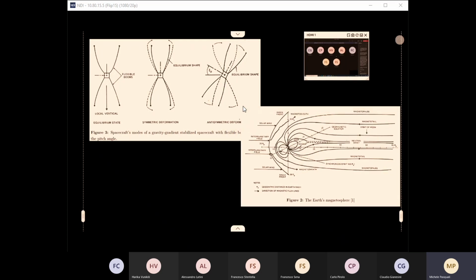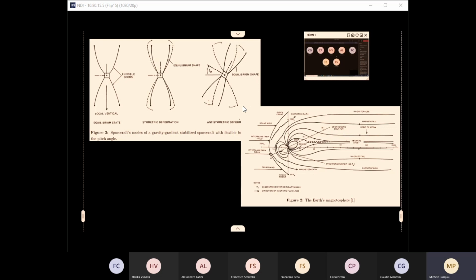So this is just a rough and simplified description of the magnetosphere. But again, you see that if you consider the magnetic field, which is typically associated to the currents within the electronics of your spacecraft, they will couple with this. And so again, depending on the position that your spacecraft will occupy, you will have a change in the effect. So again, we go in the sense of orbital dynamics coupling with spacecraft structural dynamics, but not the converse.